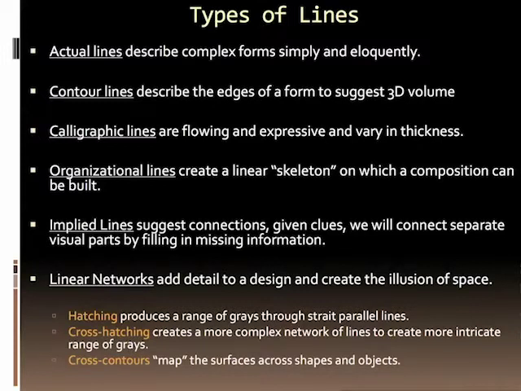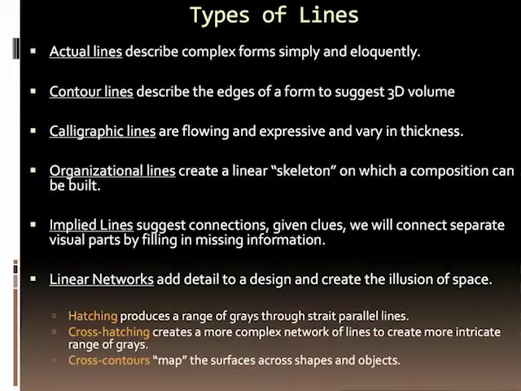Calligraphic lines are flowing and expressive and vary in thickness. Organizational lines create a linear skeleton on which the composition can be built. And implied lines, we talked about that a little bit in the first slide. They suggest connections and kind of lead our eye through the image. We'll go into a little bit more about linear networks, but just be aware that they create the illusion of space, and hatching, cross-hatching, and cross-contours can help us define both shading and surface of shape and objects to give